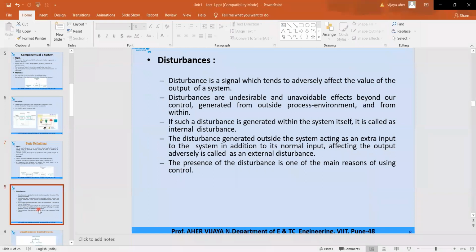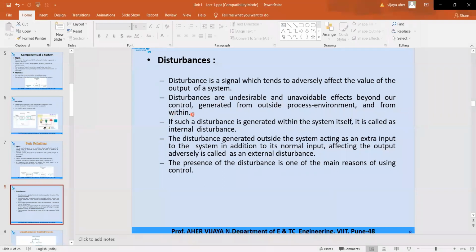Now I'm going to talk about disturbances. Initially I told you types of disturbances, internal disturbance असू शकतात, external disturbance असू शकतात. The same thing is written over here. Okay. So disturbance is a signal which tends to adversely affect the value of the output of system. Right? Disturbances are undesirable noise, undesirable and unavoidable effects beyond our control that is generated from outside process environment and